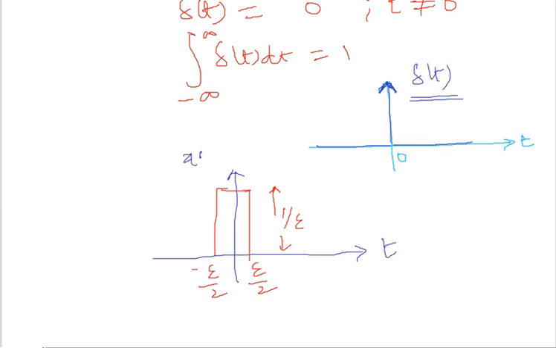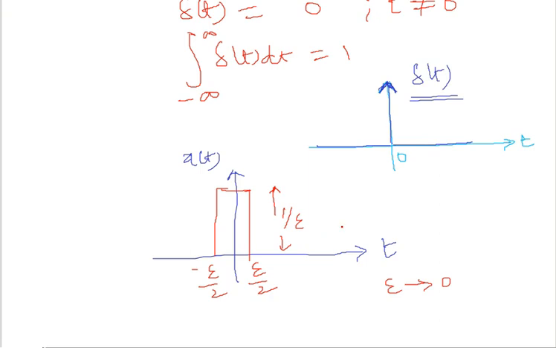So this is some signal x of t, a rectangular pulse. If this width is very small, then this height will be very large. So when epsilon tends to 0, this pulse will approximately be equal to the unit impulse signal